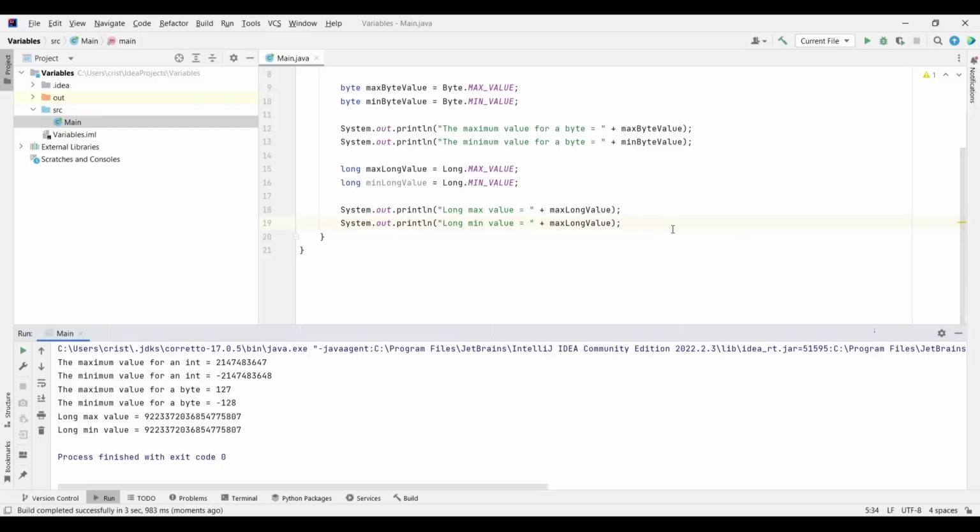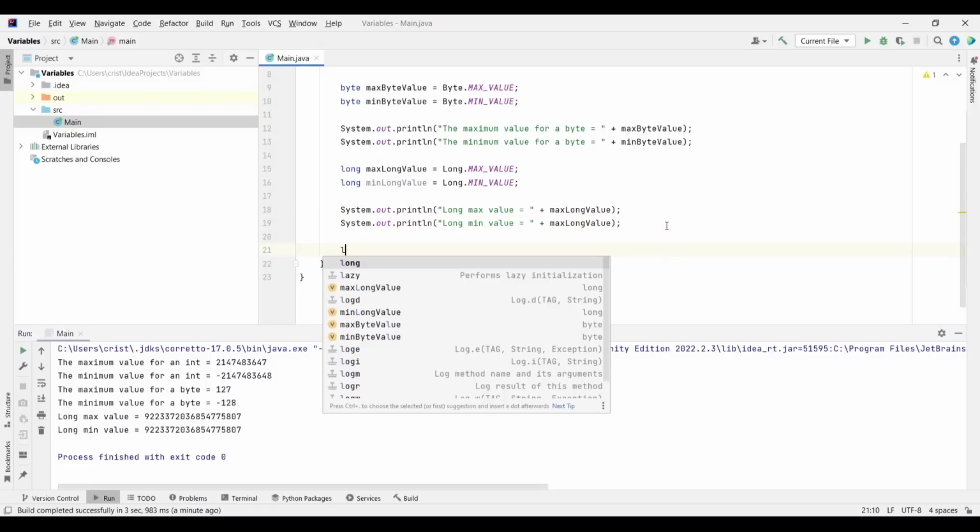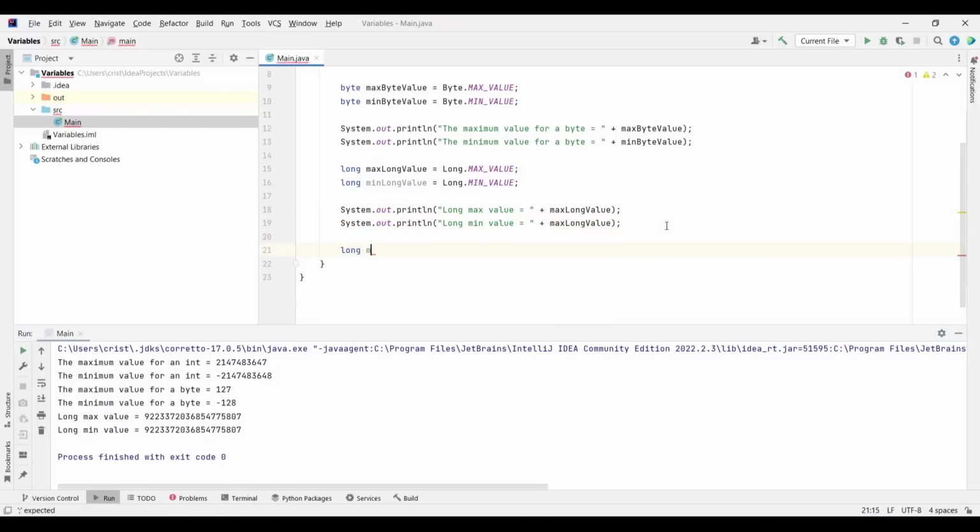I'll go down here, where is the code, and I will declare a variable also long called, let's call it my number. And let's say that I try to put here a number, let's put the maximum value which can be stored in an int, inside my long variable.